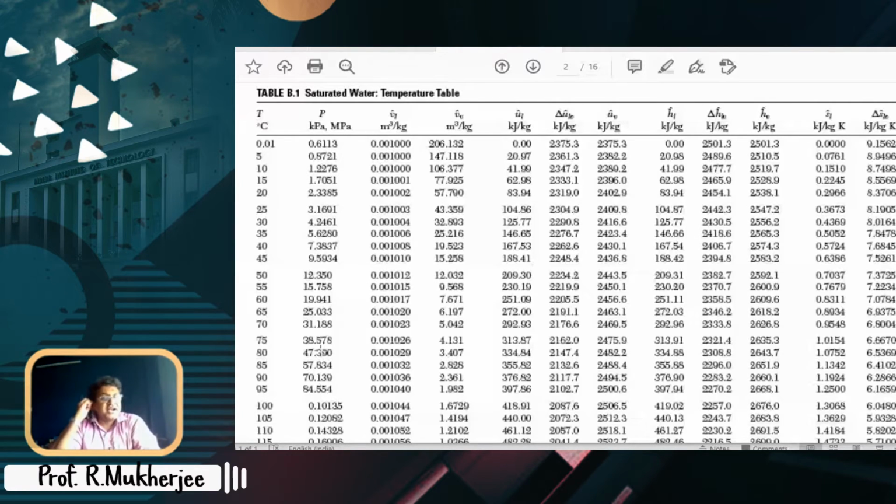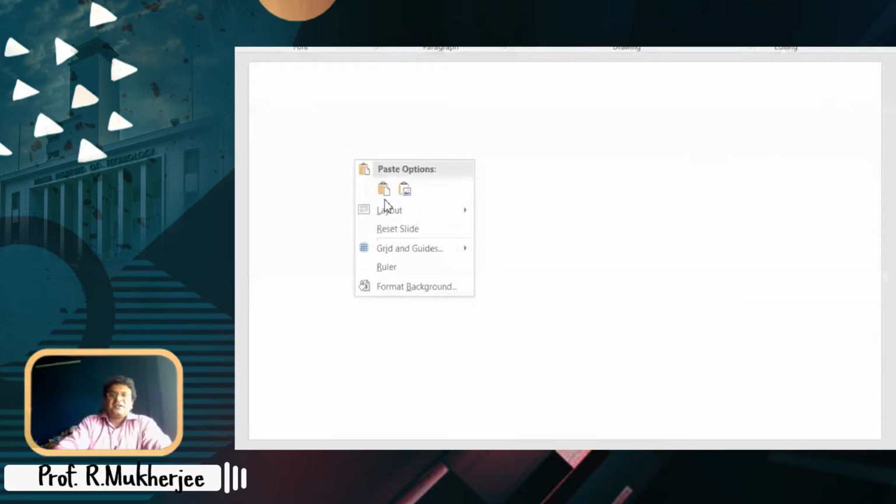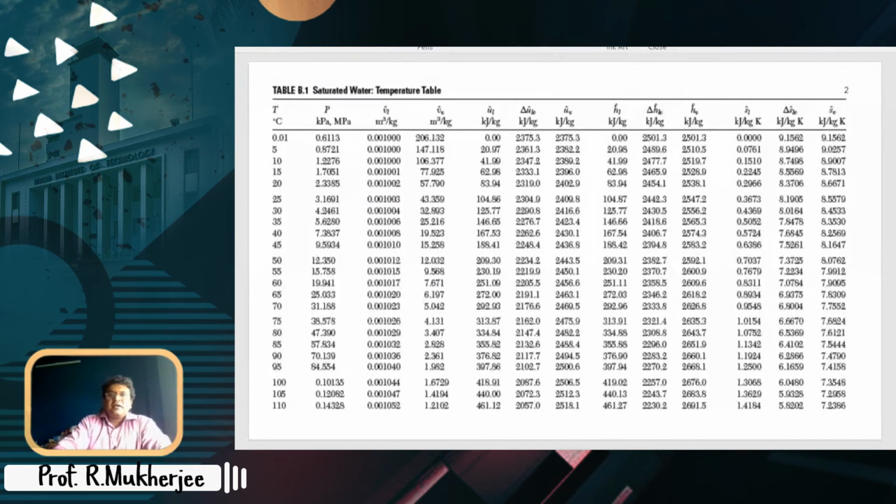And according to that, you have several data available, which are specific volume in the liquid phase, specific volume in the vapor phase, specific internal energy in the... So first thing is, everybody now understands the headers. So what is it? This is any temperature, right? This is the corresponding saturation pressure, right?